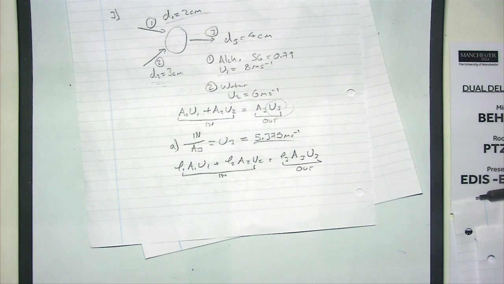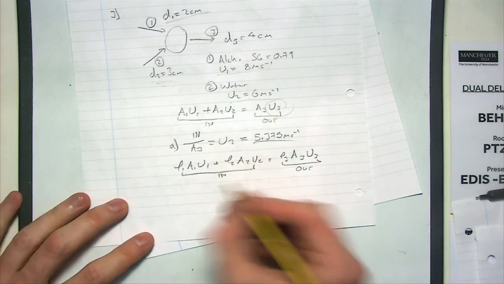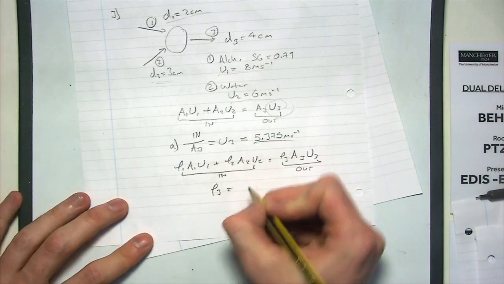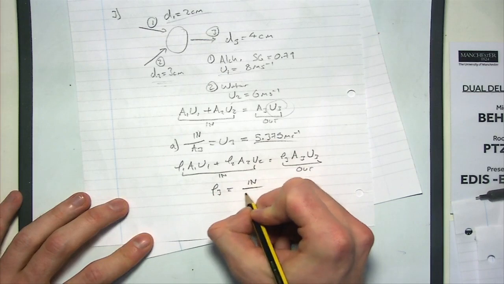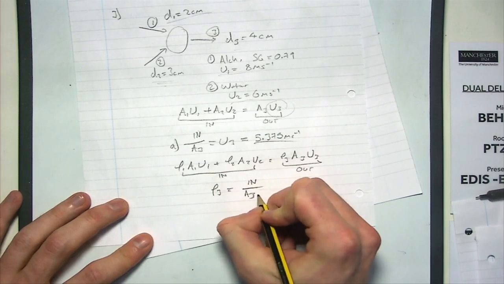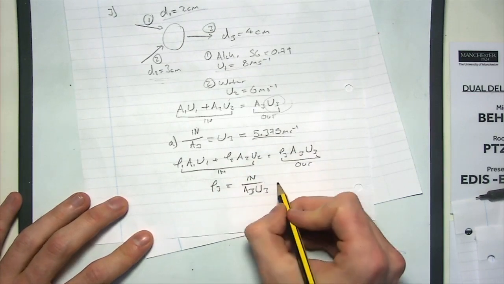Again, we want to find out what the density is in free, because from the density we can figure out the specific gravity, can't we? It's just the ratio of that and water. So you rearrange this: rho free equals m over A free, U free, and that comes out at